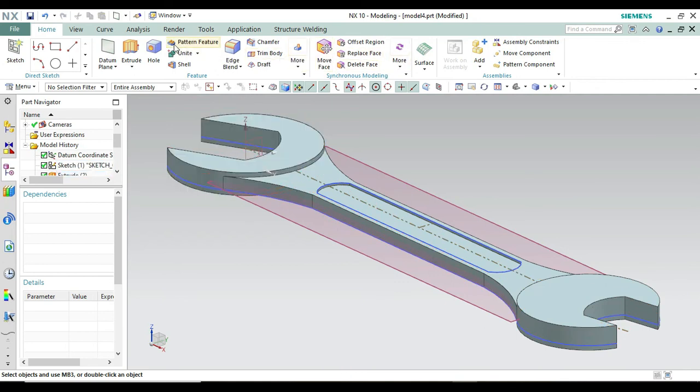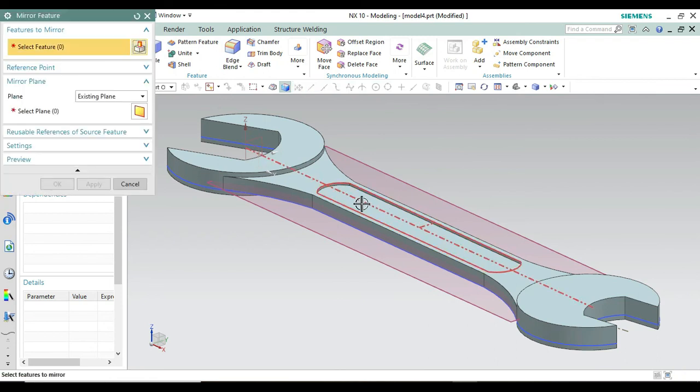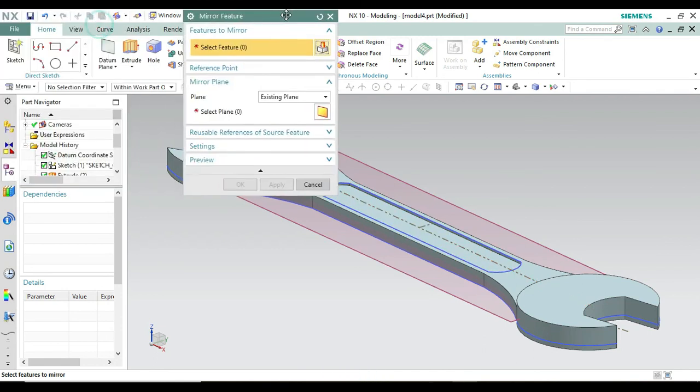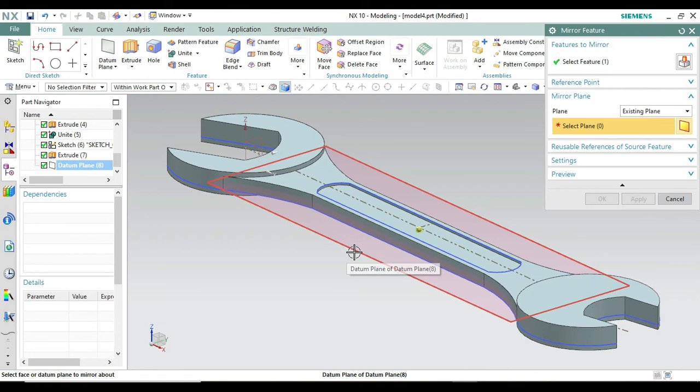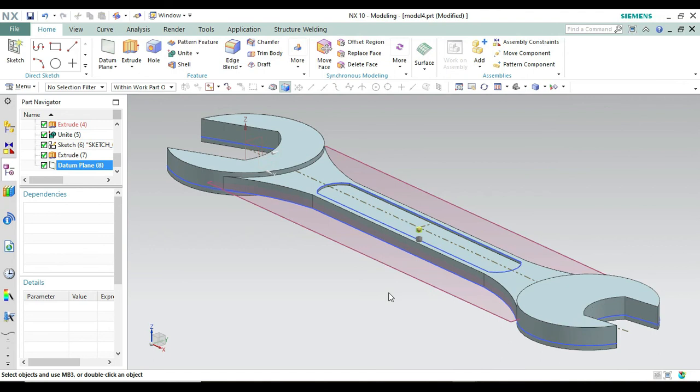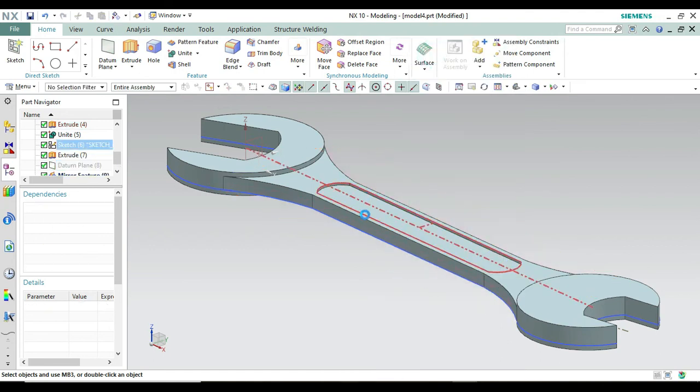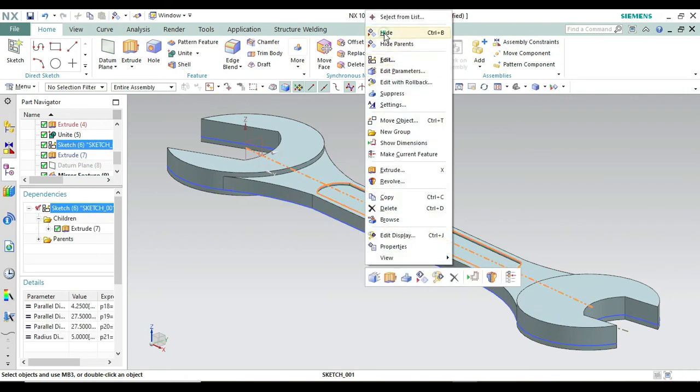It can be easily done by selecting the other surface, but we are working with mirror features, so you can learn the mirror feature within the two videos. Okay, go here and here will be a mirror feature. Okay, now select this feature. As in 2D we use the curves, here we will use the feature like this. If it's not selecting, then select from here. Okay, like this. Now select the plane. There we have to select the center line, here we have to select the plane, and already they are done. Now make it okay.